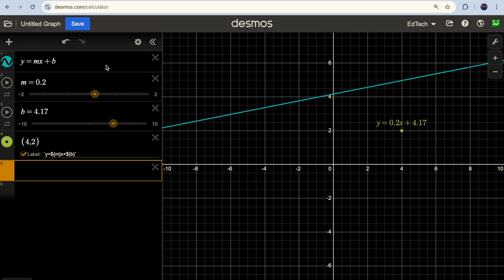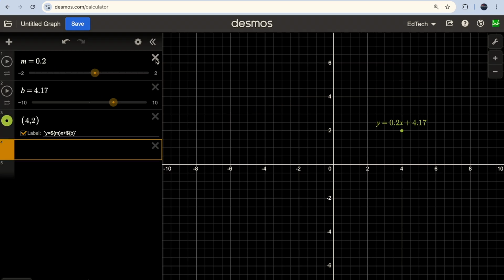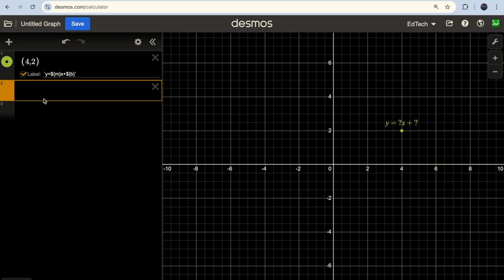Now let's create something with quadratics. So I'm gonna just delete these and I'm gonna create a quadratic as y equals, you can create whichever alphabets you like. For example, ax square plus bx plus c. As soon as you type in this way, if you think how do I find these letters,